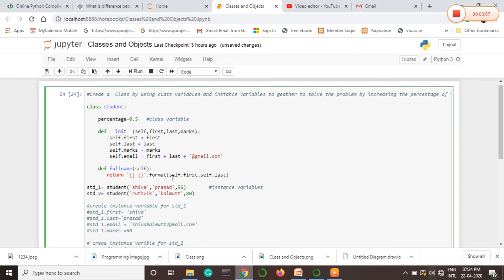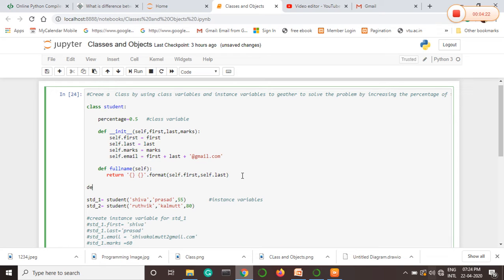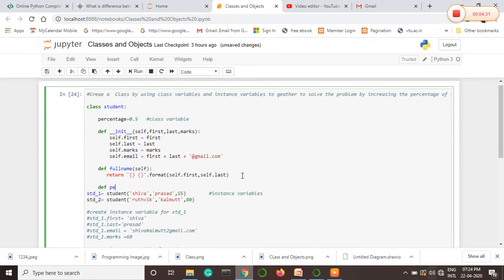Okay, now after defining the class variable, what is the next step? We have used the init method, as well as the full name method in order to access the full name completely. So next is how you are going to access this particular class variable in our program. In order to access this variable, again we have to define a method. What is that method? Percentage. Define a method which is nothing but percentage, followed by self